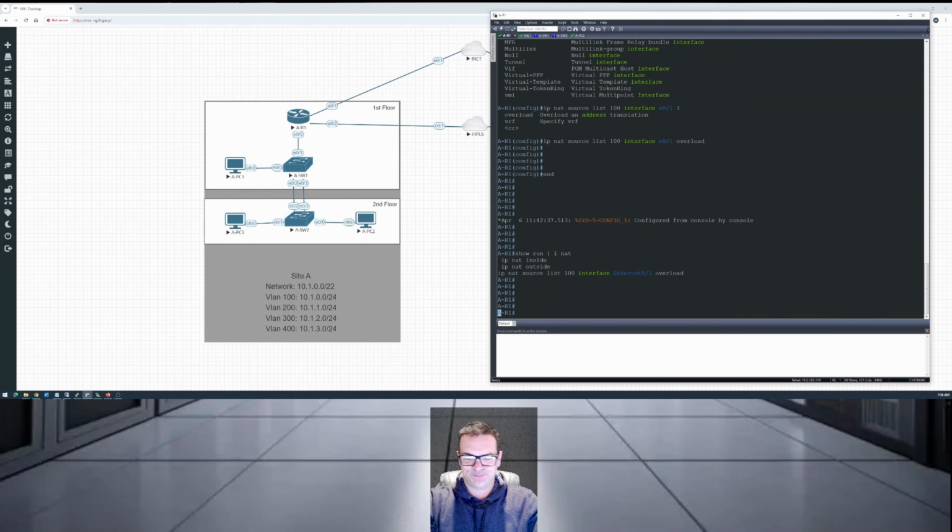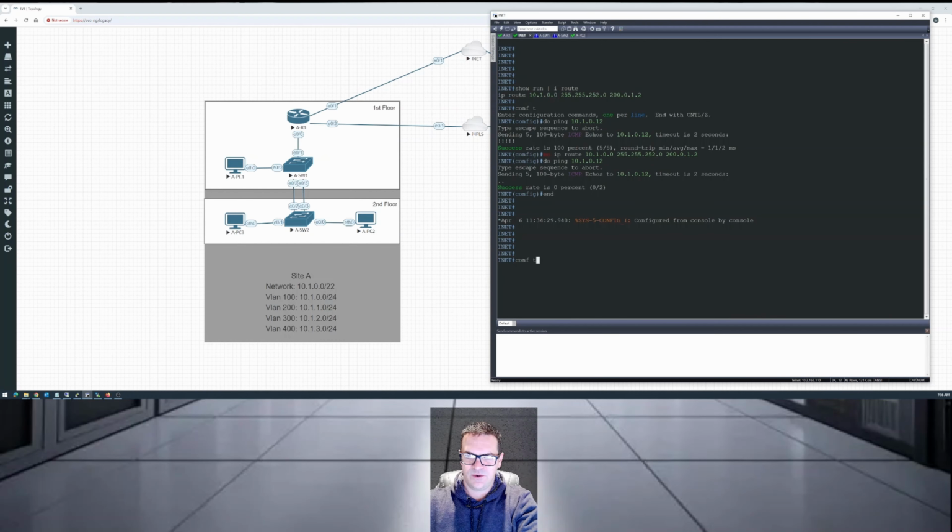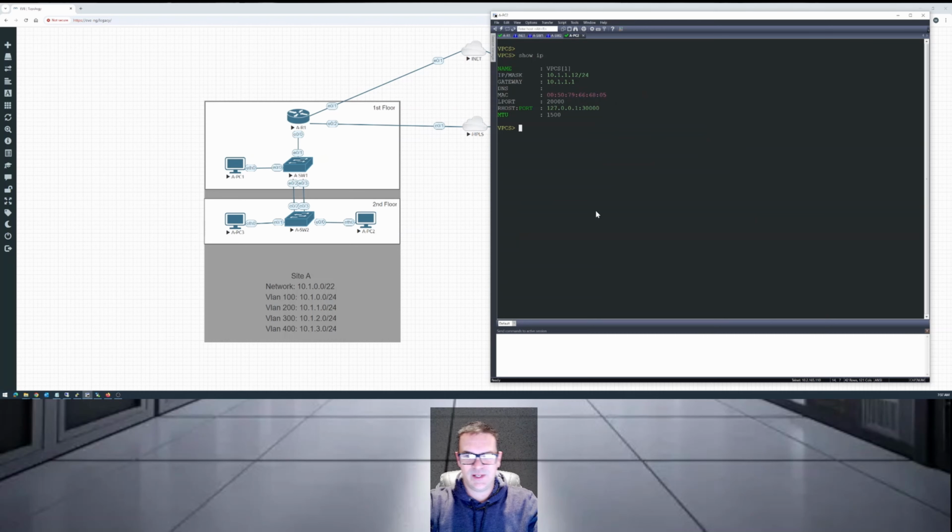But either way, with any luck, let's just go back to the internet, right? It shouldn't have changed any behavior as far as the pings to the internal side of our network. So we still can't ping the switches, right? Which is what we want, okay? So there's no connectivity there. However, if we go to, let's say, PC2, and we ping the internet,